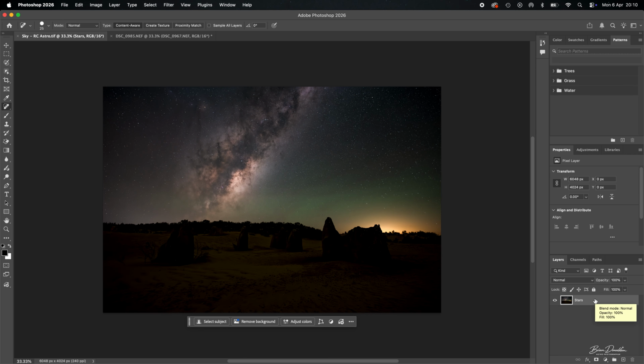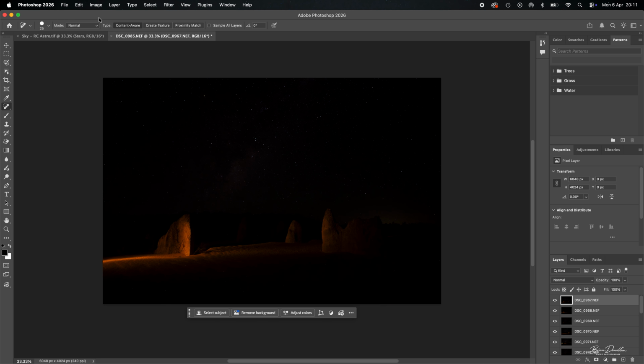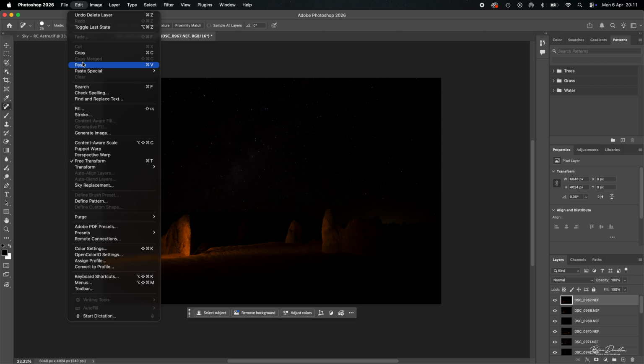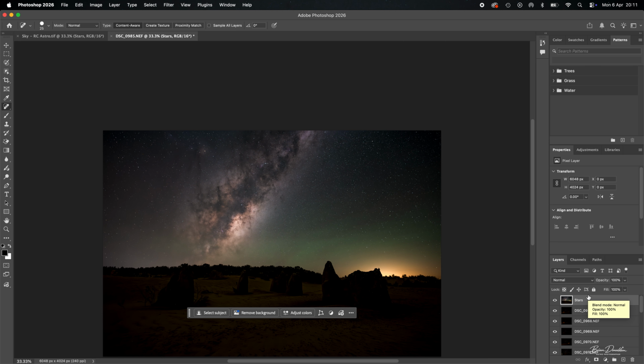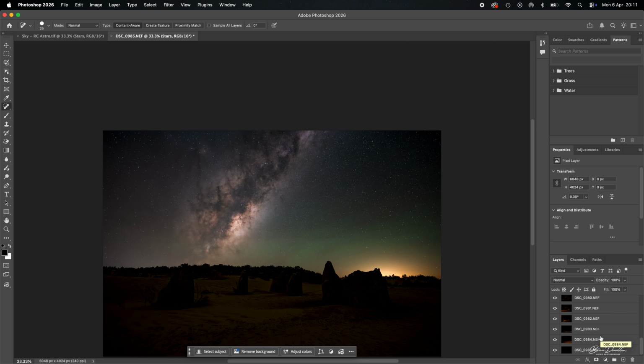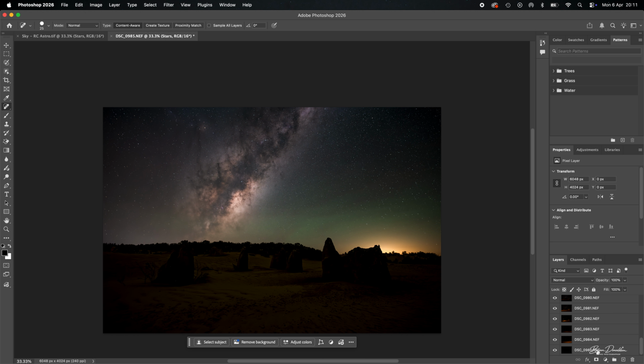So what I want to do is bring this stars layer into the foreground layer. So what I'm going to do there, I'm going to go edit, copy, little circle does its thing, we'll go into these layers here, and then we'll just go edit, paste, make sure the stars layer is at the top. Now to give you an idea what the whole thing looks like, select the stars layer, scroll all the way down to the bottom, hold shift, click the bottom one,